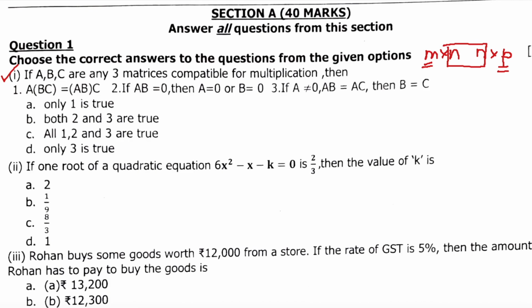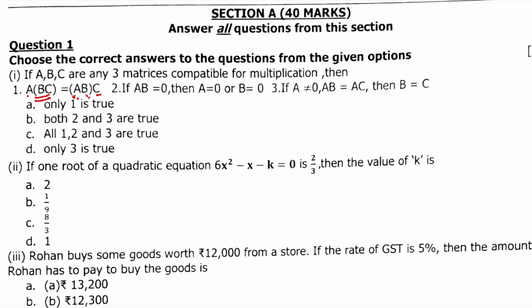So they are saying this is how the three matrices are. This is the associative property. If I multiply B into C first and then multiply that product with A, and AB I multiply first